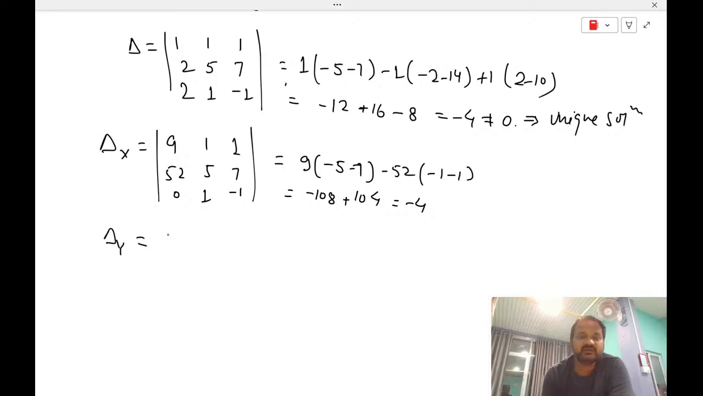Now we will write delta y, from which we can find the y value. So b1, b2, b3 will be replaced by the constant quantities 9, 52, 0, with 1, 7, minus 1. So we will expand along the second column, it will be easy. Minus 9, minus 9. So minus 2